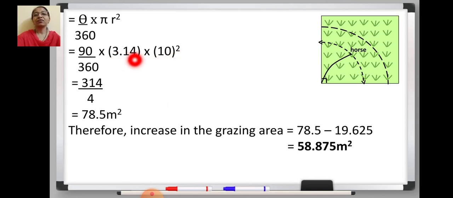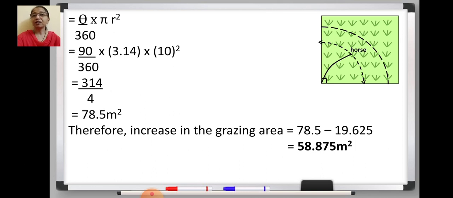So when you convert this 3.14 into ratio form, this will become 314 upon 100. So this 100 and 10 square, 100, will get cancelled. This 0, 0 cancel. 9 4s are 36, so you will get 314 divided by 4, and when you convert it into decimal form, the answer is